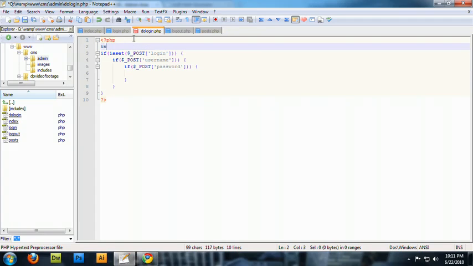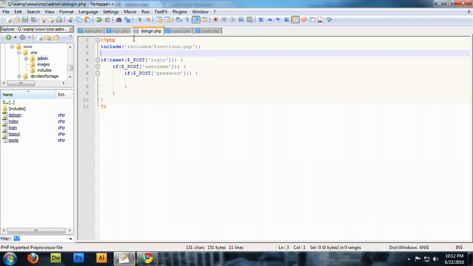And here at the top, we're going to include our functions.php file. And this functions file has the link to our connection file and any other functions we might need. So the first thing we're going to do is say query equals MySQL query,